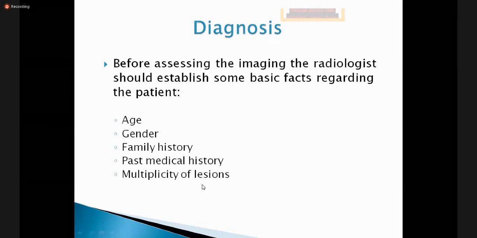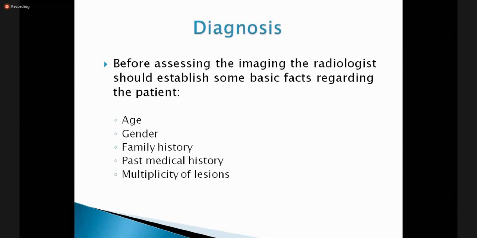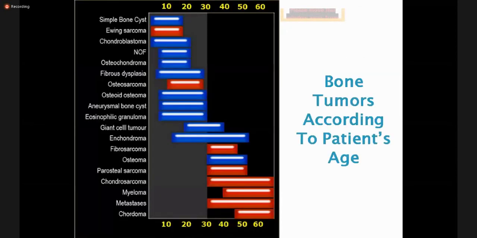For radiology, the clinical history is very important, in which we assess age, gender, family history, past medical history, and any family history of tumor, because certain tumors are inherited. In some cases they are more common within families. So basically radiology depends on the clinical history. It is not solely diagnostic; it is somewhat clinical radiology. So we need to know the clinical history of the patient. This is the gross overview.